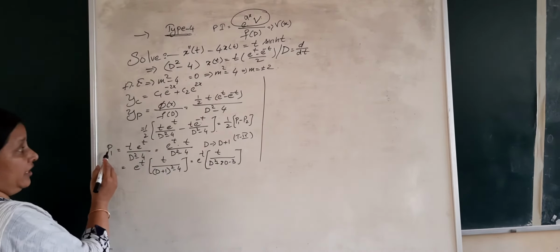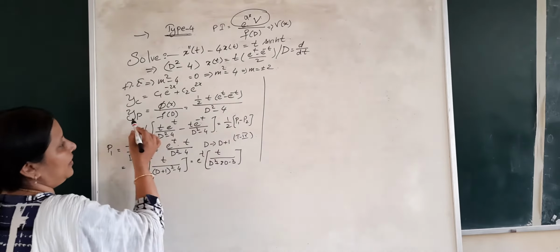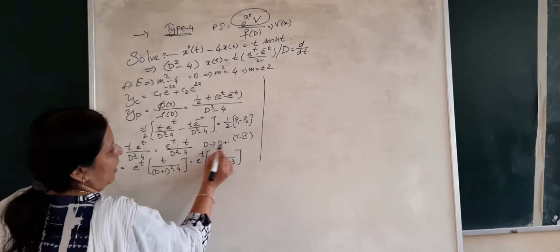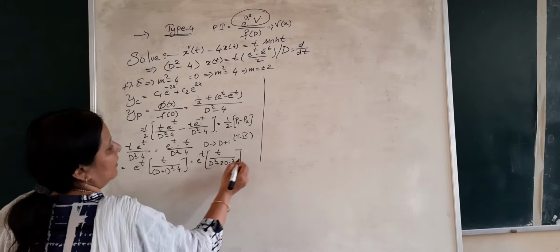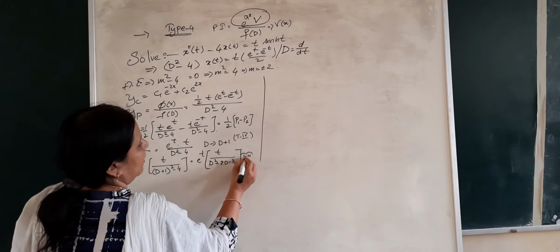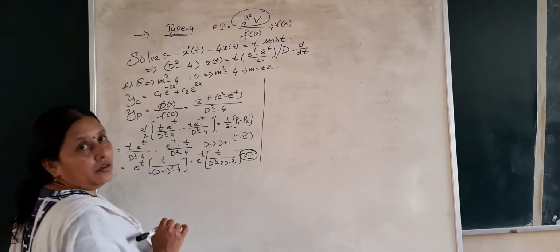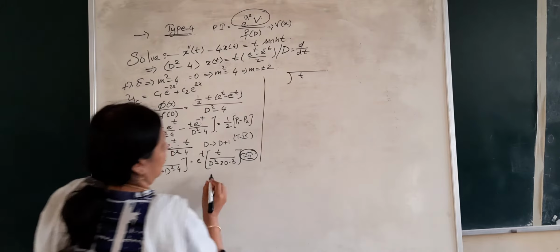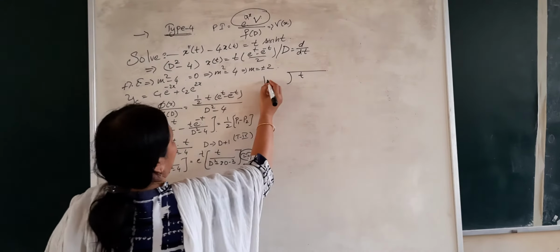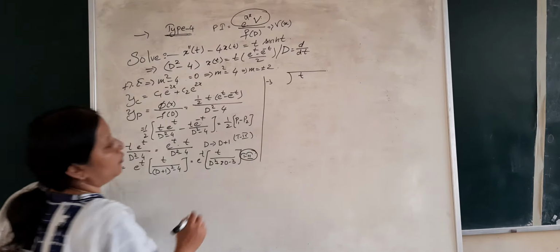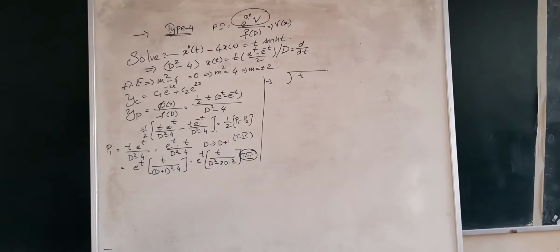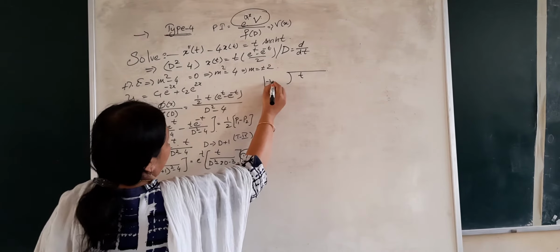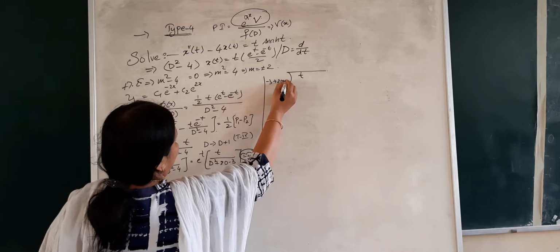We are still doing only the first part of this yp. We have to do the second part similarly as well. Be very careful. Now I am applying the long division for this part, which comes again under type 3. So t has to be divided by d square plus 2d minus 3. But as I told you, you have to go with the increasing orders of the powers of d. That is minus 3, the constant comes first, plus 2d plus d square.